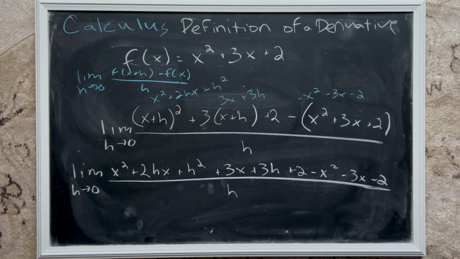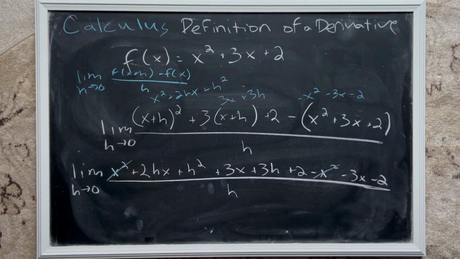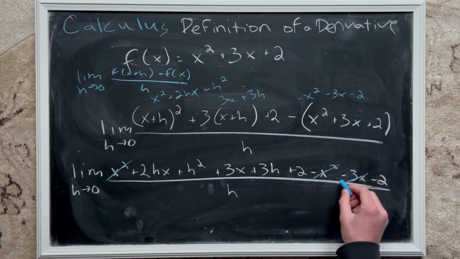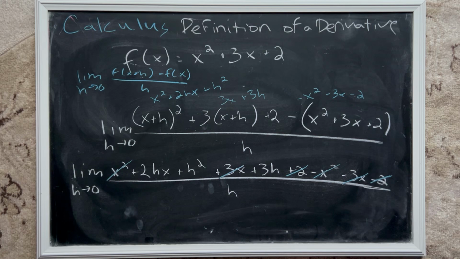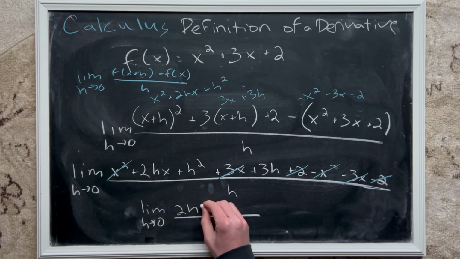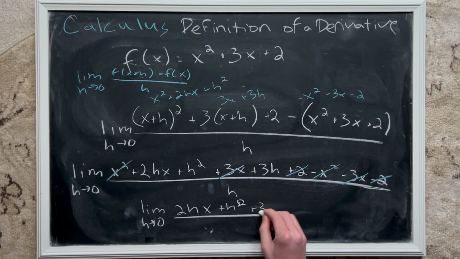Okay, so now I have it all written out, and you can see a lot of stuff actually cancels out. So this x squared here is going to cancel out with this one. This 3x cancels with this 3x. This 2 cancels with this 2, leaving us with the limit as h approaches 0, sorry, of 2hx plus h squared plus 3h